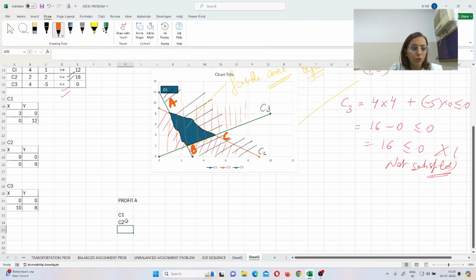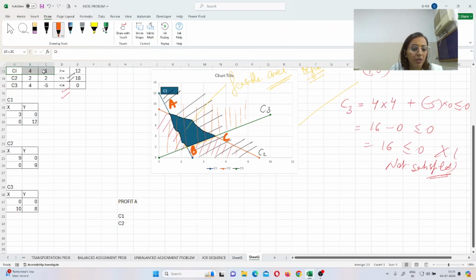Okay. So when we are talking about C1 and C2 for the profit A, copy the value of C1 and C2 from here. I am copying this, dragging it from there, and putting it over here. This is for the profit at A, right?